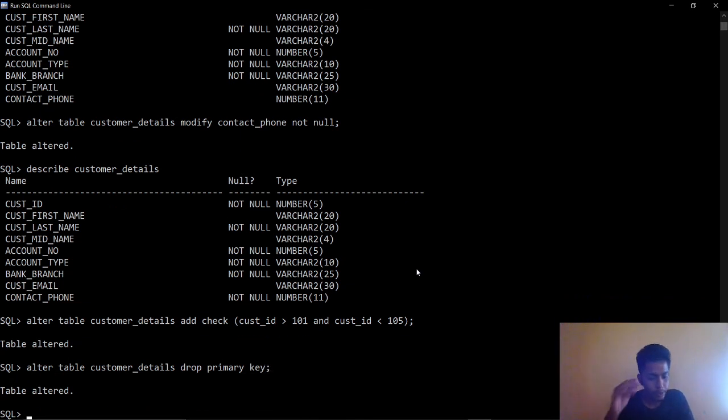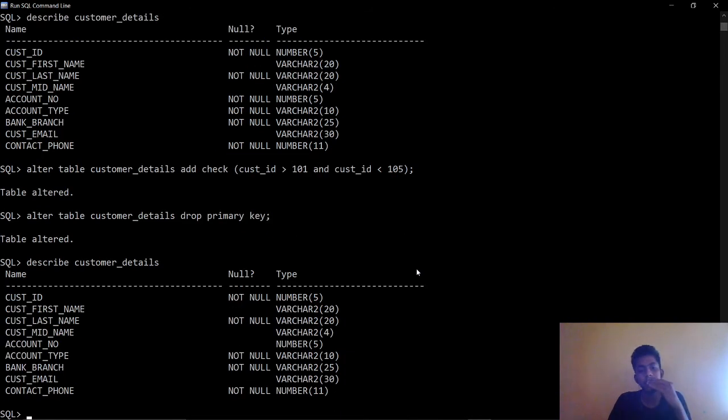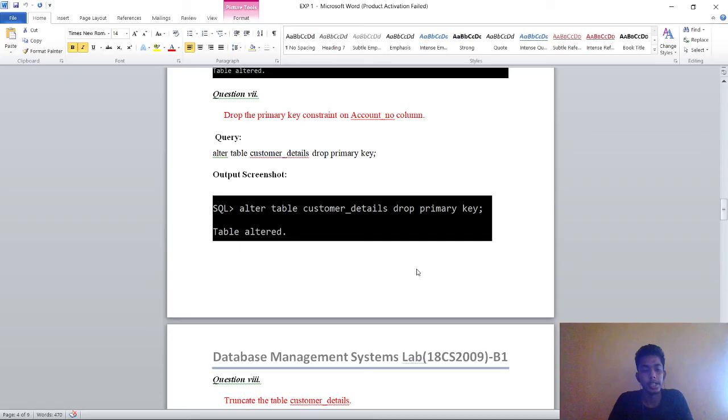Now we can check, because it is not showing the primary key on the account number. Now it is removed; before it had the primary key.